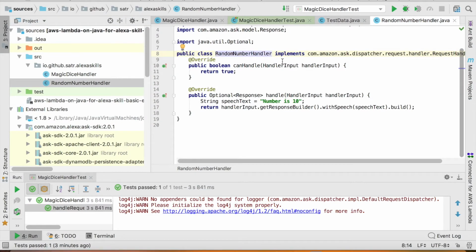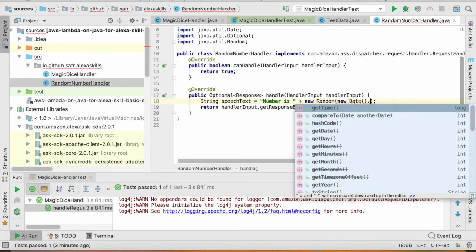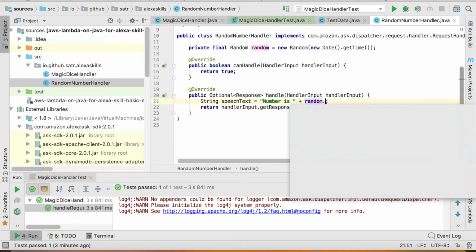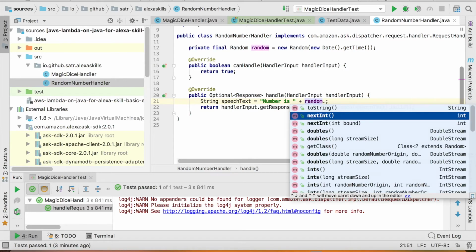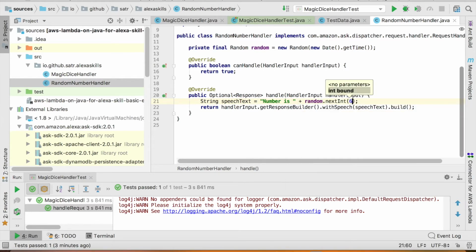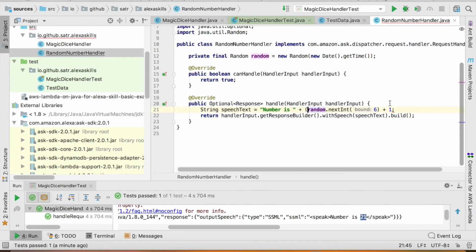And to make it random, we can create this within boundary of 6, and we add 1, so we get the number between not 0 and 5, but between 1 and 6.